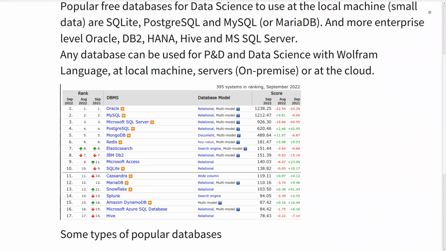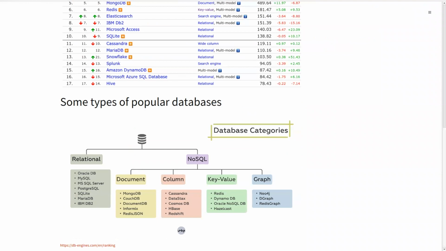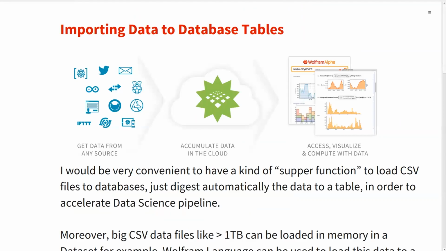But basically, all those databases I see, we can connect with Wolfram Language. We have other types of databases, document databases like MongoDB, column, key value, graph, and most of those NoSQL databases nowadays, usually companies use in the cloud. But we have a lot of stuff inside the companies in relational databases.